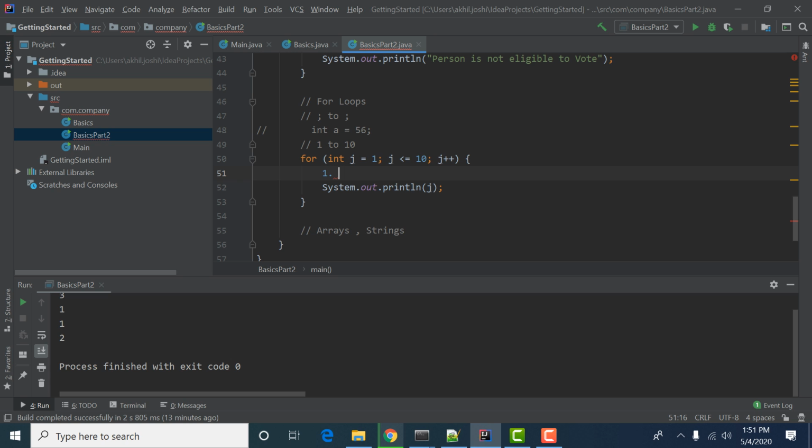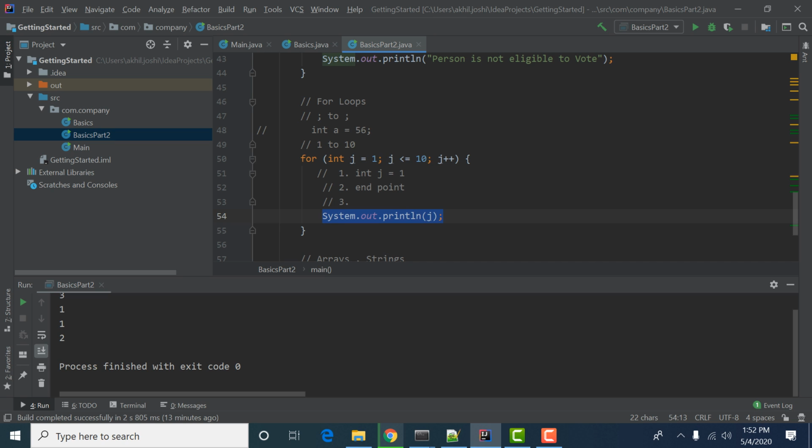First of all, this initialization runs. So there is a hack in this. Then the second operation works, the ending of the loop, the end point, up to which point we have to run our loop. Like for this we have this, and then the third step we have this.